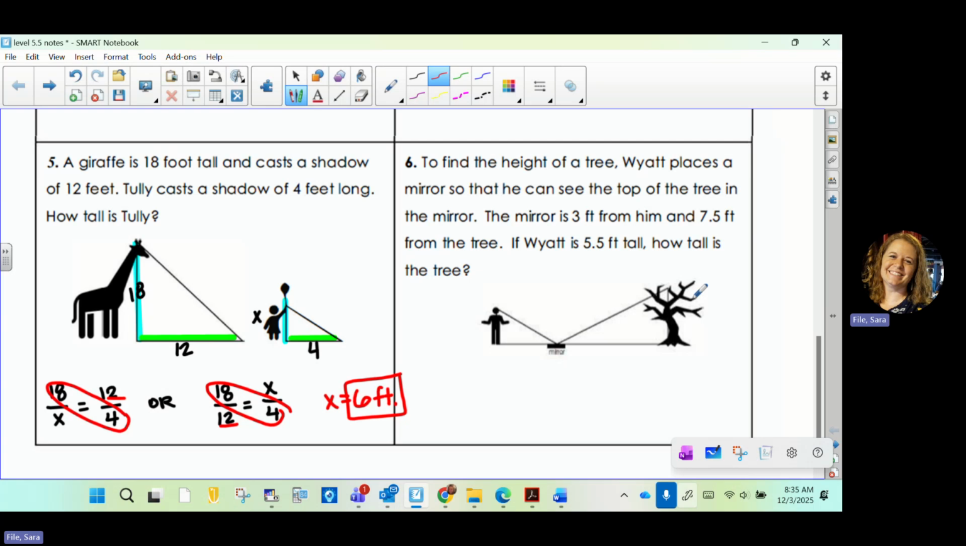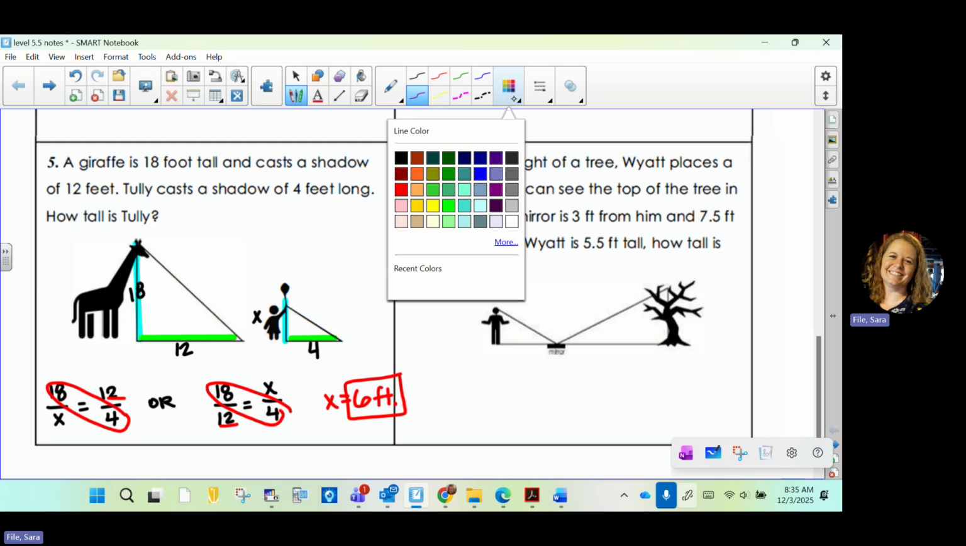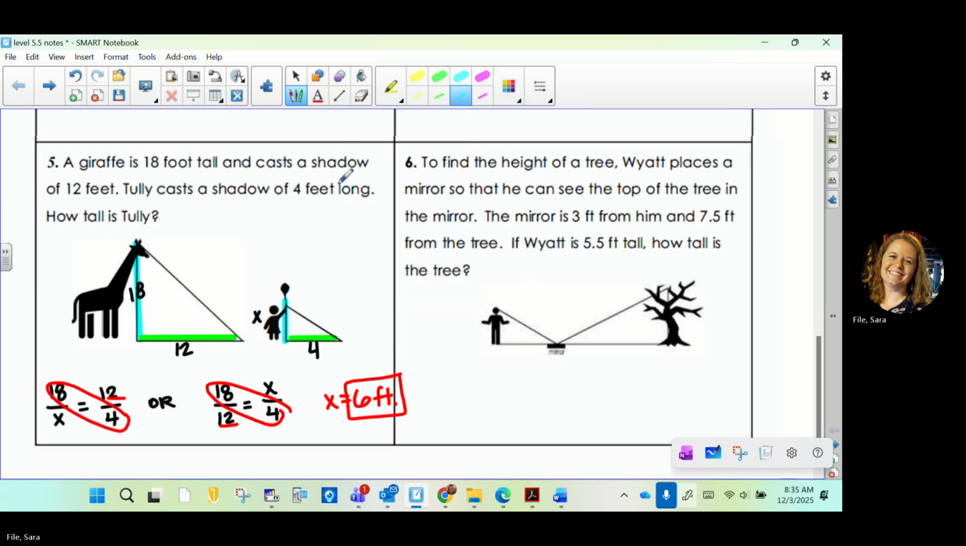All right, last but not least, let's try one more with the mirror. So when you're using a mirror to do an indirect measure of height, the distance from the mirror to the person and to the object are going to correspond. And then the height of the person and the height of the object are going to correspond. So they tell us